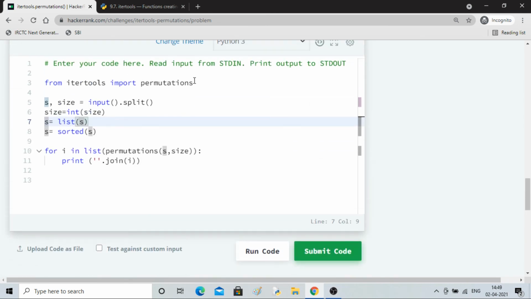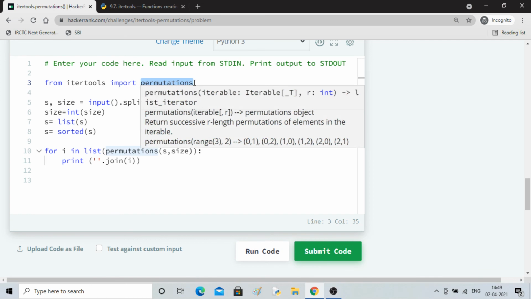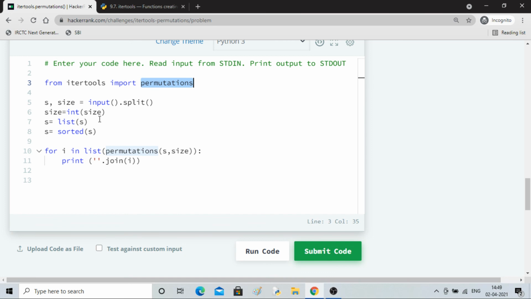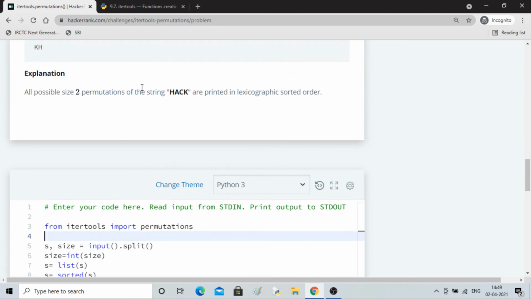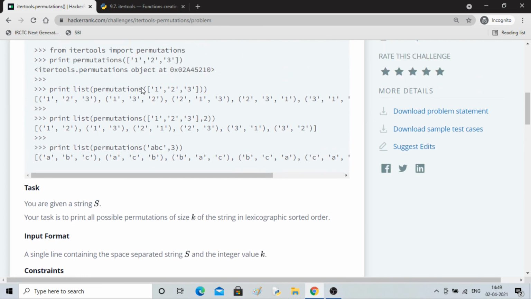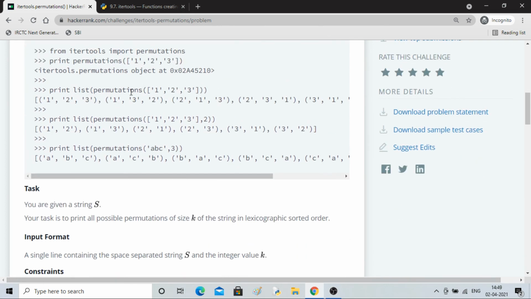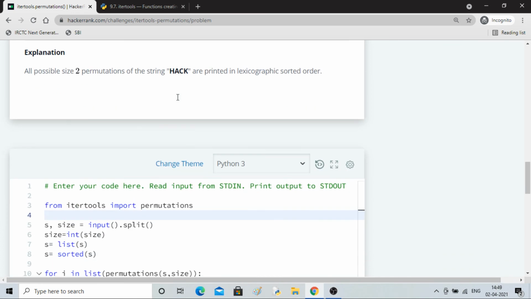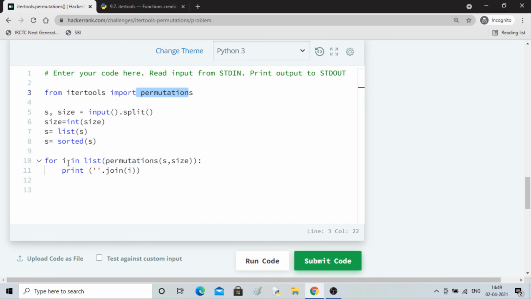I think you might be wondering why I didn't write the code from scratch. It is very difficult to actually come up with the logic. I was not able to come up with an easier logic. Better is to use this function for permutation. I really wanted to do this challenge from scratch, using a for loop or some mathematics, but I was not able to, and I thought this would be an easier way to do this challenge, using a library.